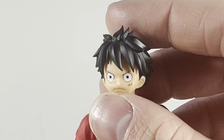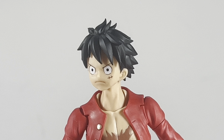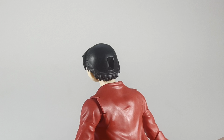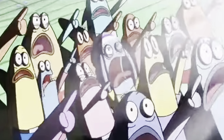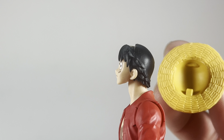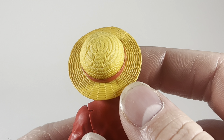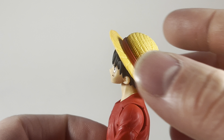Luffy does come with his default hatless hair, which he tends to have most of the time in some of his fight scenes throughout the anime, so this is a very much appreciated accessory because a lot of action poses are going to be needed with this hair. Luffy does also come with this oddly shaped balding head, but what this is for is specifically so he can wear the straw hat. There's a little notch right back there, which allows you to clip it onto him, and that snaps on pretty easily. You can have his classic straw hat on there, which has a lot of great molded detail. It's even got the three scratches that have been patched up by Nami,